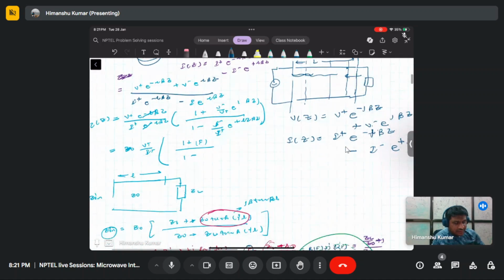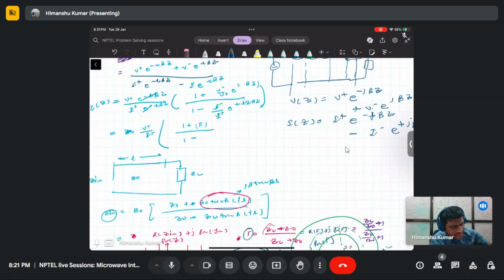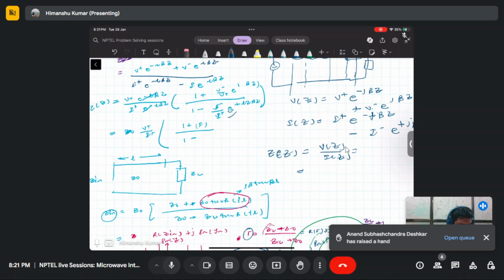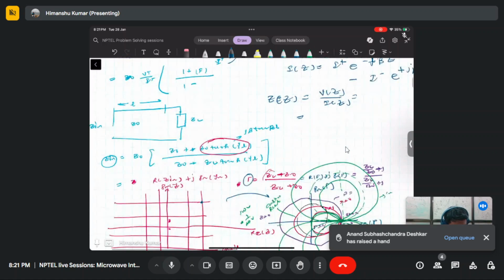So basically, the characteristic impedance Z naught at any point Z, which is a function of Z, you can define as V of Z divided by I of Z. If you place these terms, you will reach this equation, and you can write it in terms of this transformer equation. That is the equation of the input impedance transformation. Let's say some load is transformed to